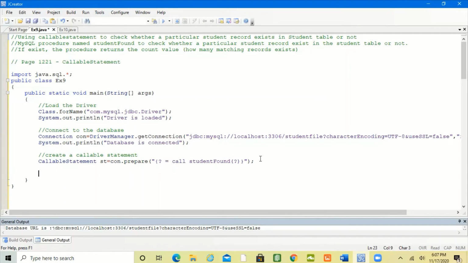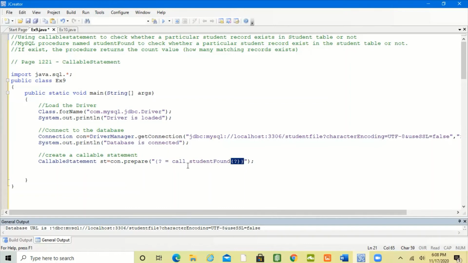Now, here we have two parameters, this one and this one. The question mark talks about the parameter. We need to set the value of one parameter and get the value of the other.